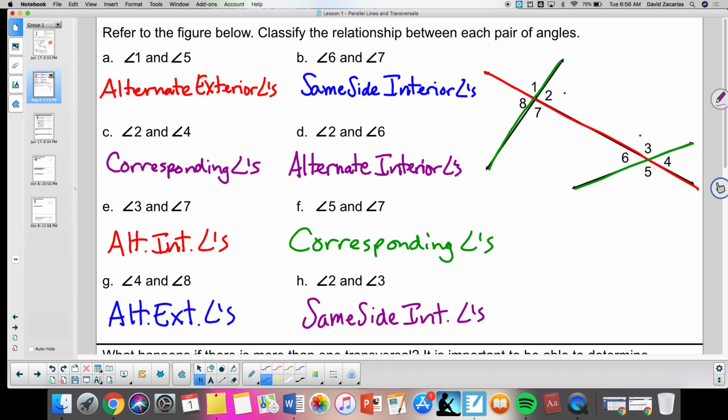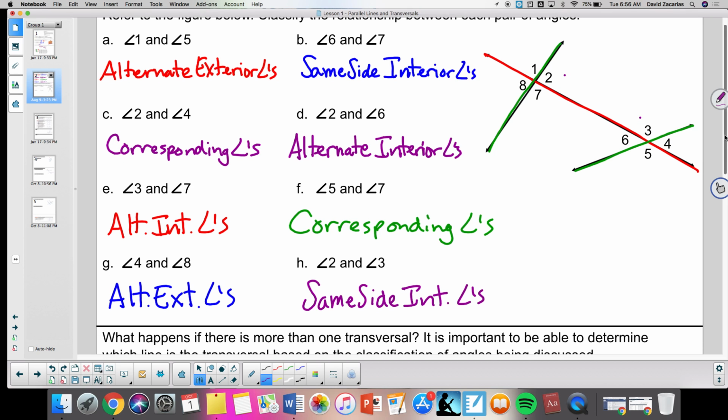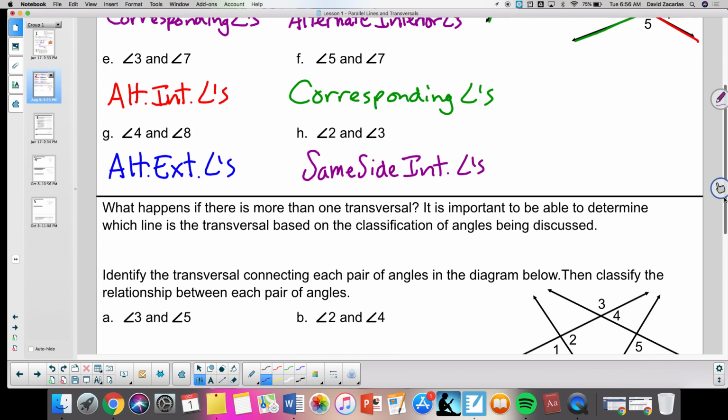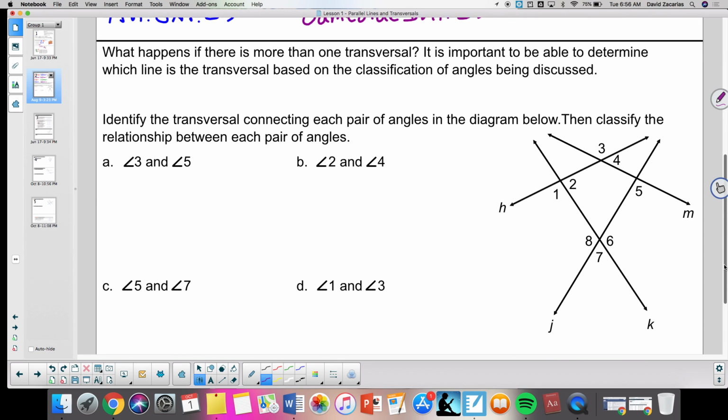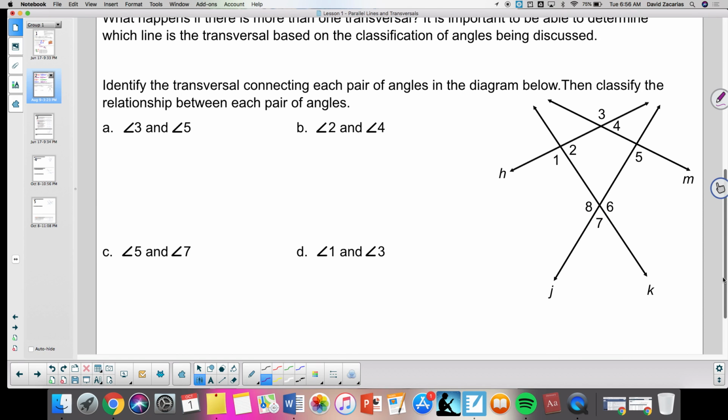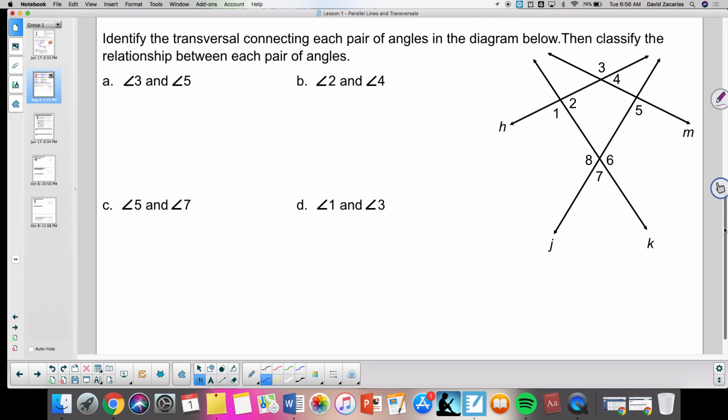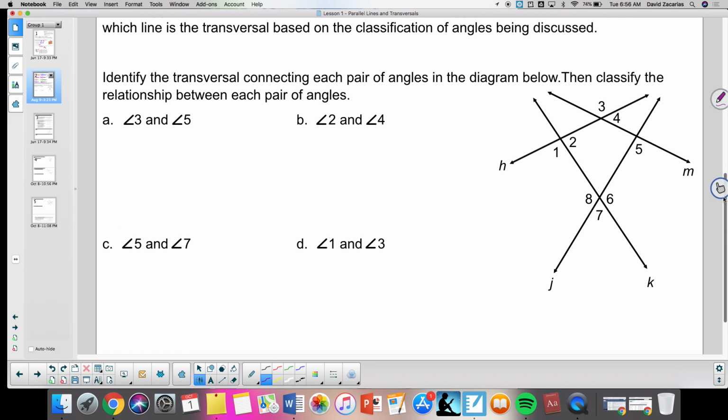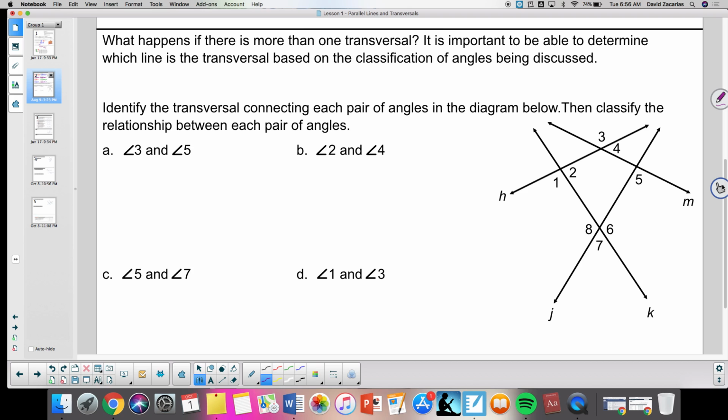What we're going to learn a little bit is what happens when those two green lines are parallel. What happens to the degrees of those? Oh, now we have multiple transversals here. So what do we do here? Like it says right here, what happens if there's more than one transversal? It is important to be able to determine which line is the transversal based on the classification of angles being discussed. Identify the transversal connecting each pair of angles in the diagram below, then classify the relationship between each pair